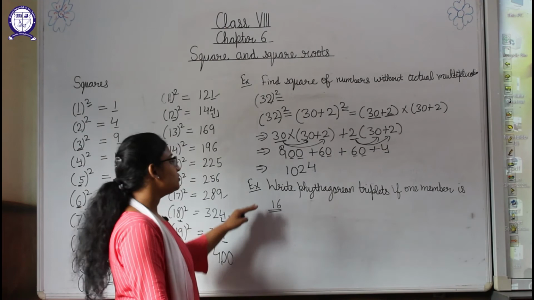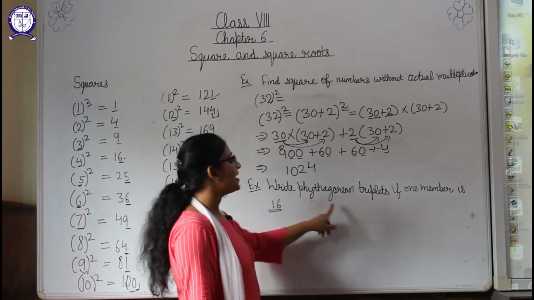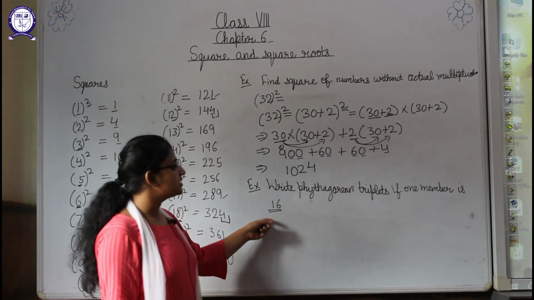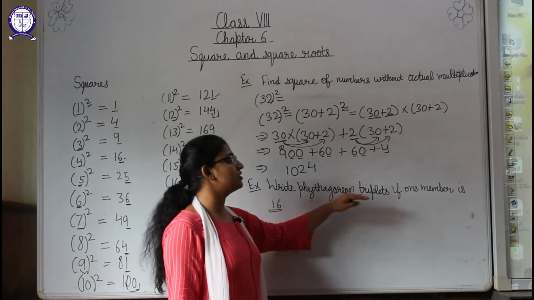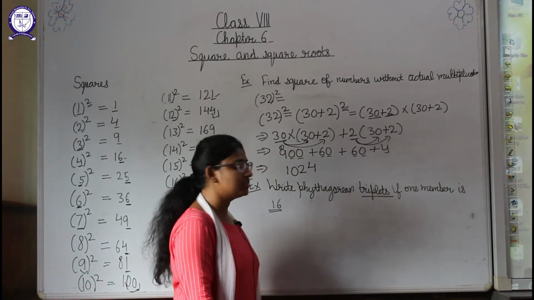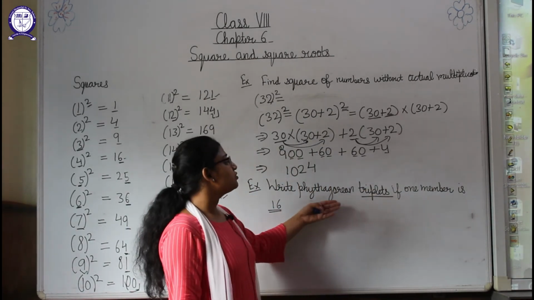Okay, now students, our next question is write Pythagorean triplets if one member is given to you. One member is 16 and we have to find the Pythagorean triplets. As the name suggests, triplets means 3 terms will be here. And students, you know about the